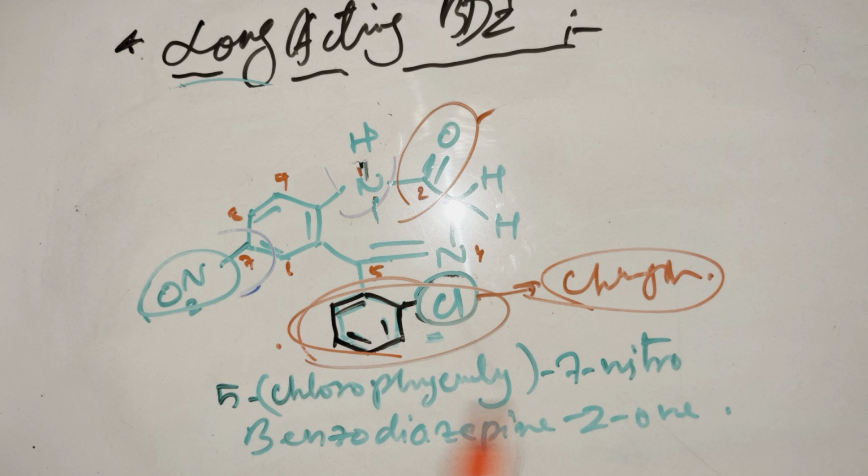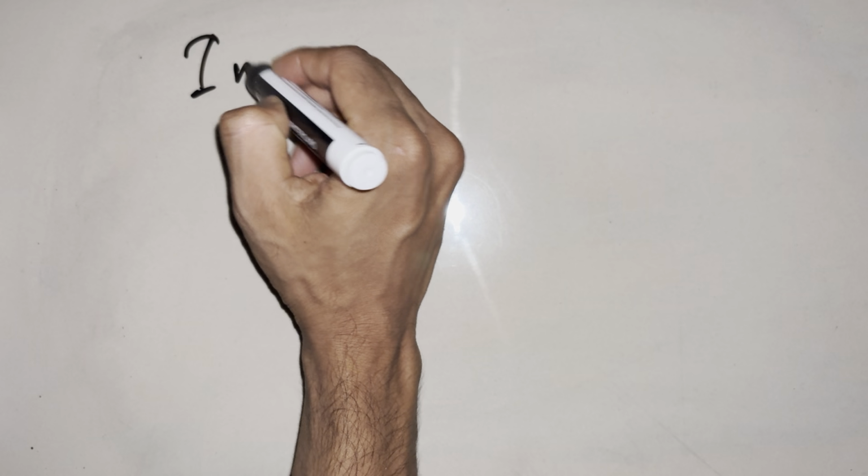This is the chlorophenyl group and this is the nitro group. So 5-chlorophenyl, 7-nitro, benzodiazepine-2-one. Next we will see the intermediate acting benzodiazepines. So all the structure will be almost the same, with little bit of changes. Okay. So next we will see intermediate acting